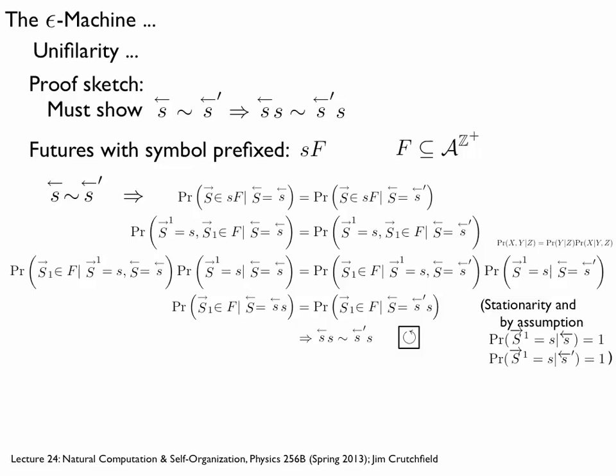Yeah? It doesn't really matter, but it seems like you didn't even have to assume that that's one, because those two probabilities have to be equal. We assumed them, in a sense. I guess that's true. The fact that those probabilities are equal just follows from them being the same, because that's the history, right?